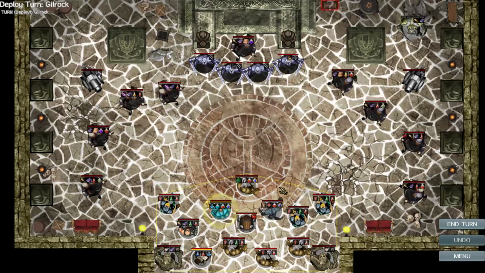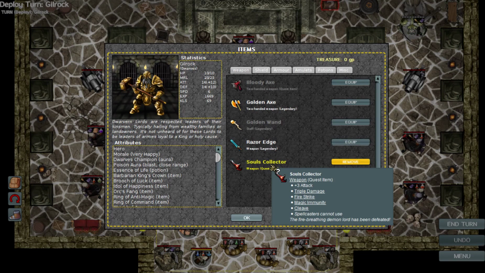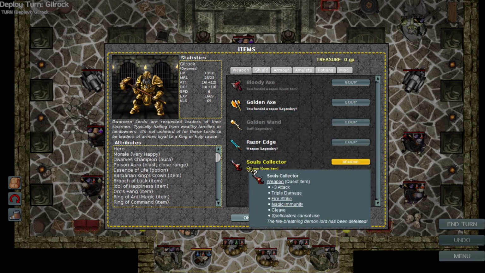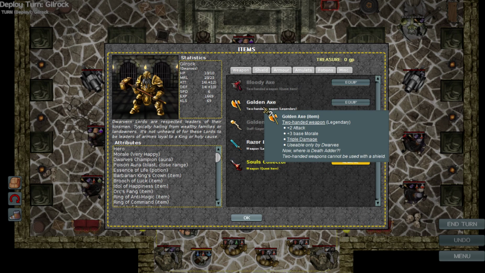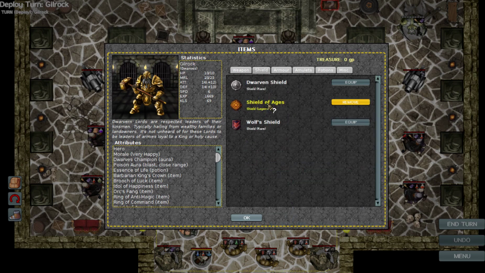And here we go. So, first things first, I think I'm going to have to take Soul Collector off Gilrock and put him on someone else. Maybe give him the golden axe. No, I don't know. The problem is I like having the cleave function. I'd rather have the cleave function rather than the triple damage, because even if I get triple damage, I have to lose the Shield of Ages as well, which